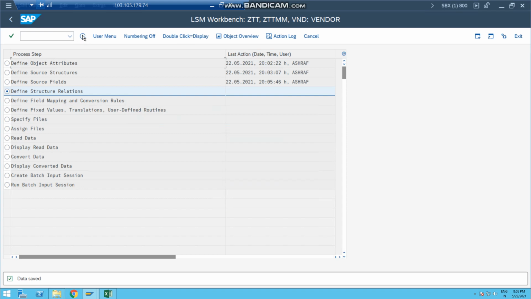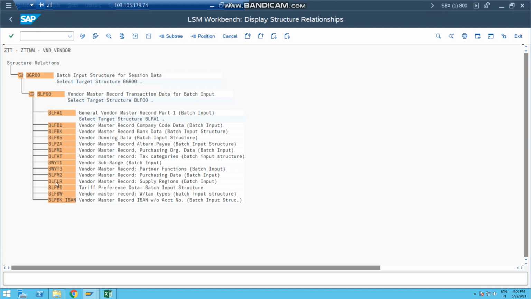next step is define structure relation. So if you see, the left side is the SAP side. So first of all, I'll press change, and we need to say, okay, all these structures will be mapped from vendor Excel. So just click and show relationship.